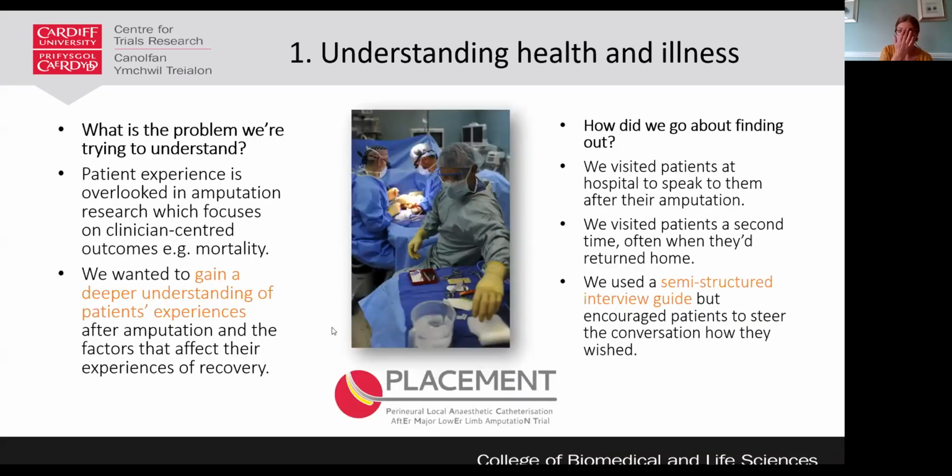And one recent example where we've done this is in the PLACEMENT trial, where qualitative research was carried out alongside a randomized controlled trial pilot study, which looked at the feasibility of recruitment of patients into a trial using perineural local anaesthetic catheter after major lower limb amputation. So we carried out longitudinal qualitative interviews with patients, both as soon as was ethically possible after the amputation, and in terms of